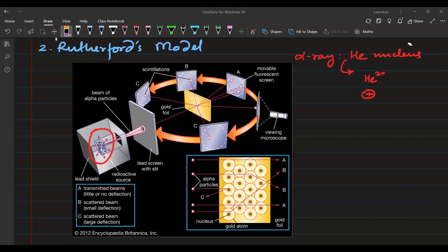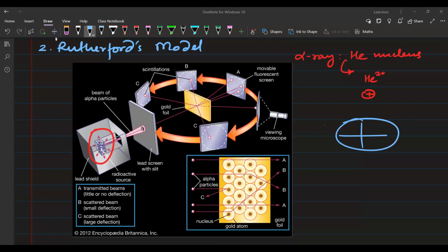It is filled with negatively charged particles, and overall, it is what? It is overall positive. We have seen that in the Thomson model, the atom is overall positive. Now, what will happen if positive strikes on positive? It will repel. So, what Rutherford was expecting is that none of the alpha ray particles are going to